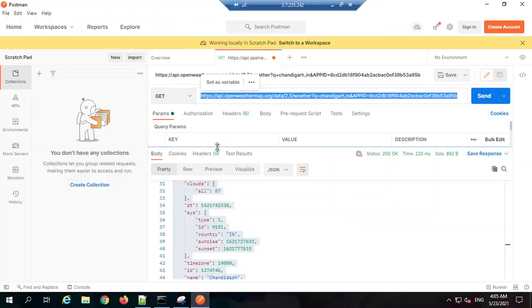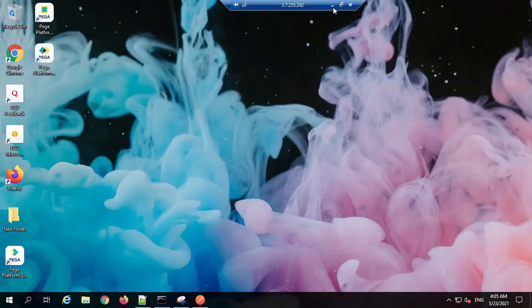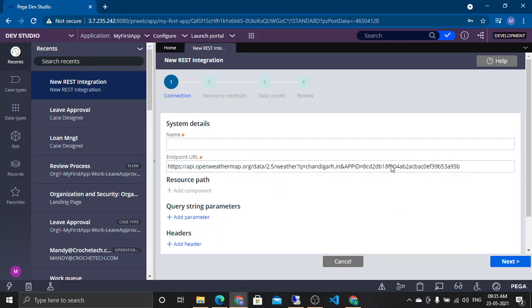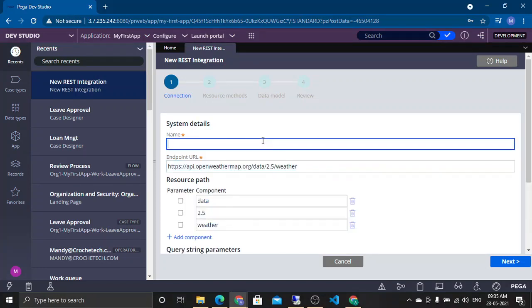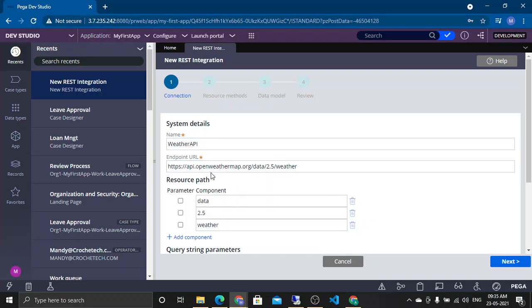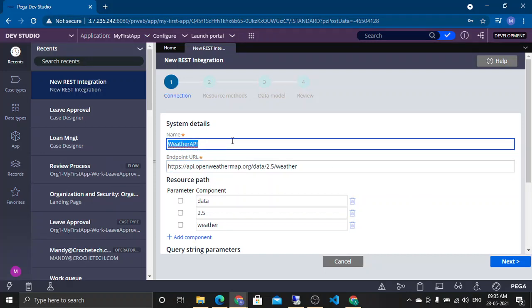I mean, copy this URL. This is my URL, and I want to name it weather API. You can name it anything. For now, if people are using the same weather API keyword, just append 1 2 3 4 as per the sheet, so that you do not conflict with each other's rules. It should not happen that one person has created it and everyone else uses the same one.